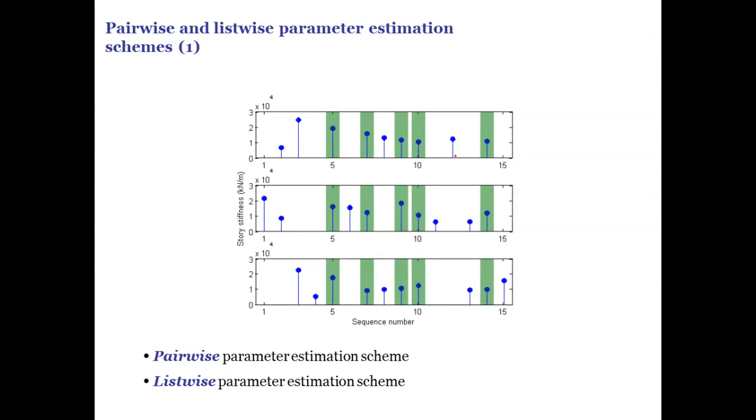Essentially, whenever a data missingness event happens at a specific story, we ignore the data obtained from all the other stories. We just use those shaded data to proceed with the subsequent structural damage prognosis. The problem with this kind of arrangement is